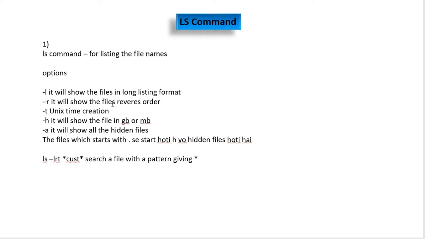Why do we use the ls command? The ls command is to list all the files. But the ls command is best used with its options. Now, what are the options available with the ls command? The first option that we have is -l. Why do we use the -l option? To see the long listing format of the file: when the file was created, what was the creation time of the file, what are the permissions given to that file. So if we want to see a long listing of that file, then we have to use the -l option.